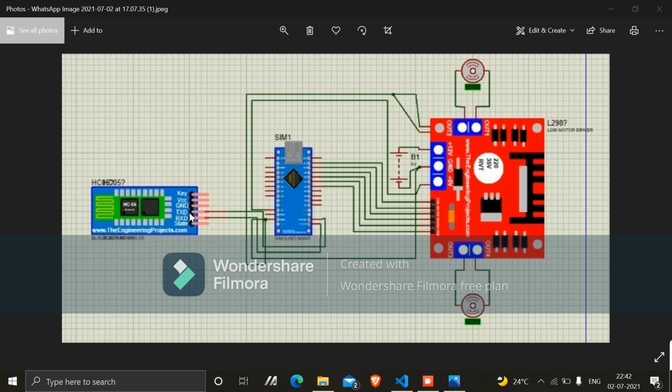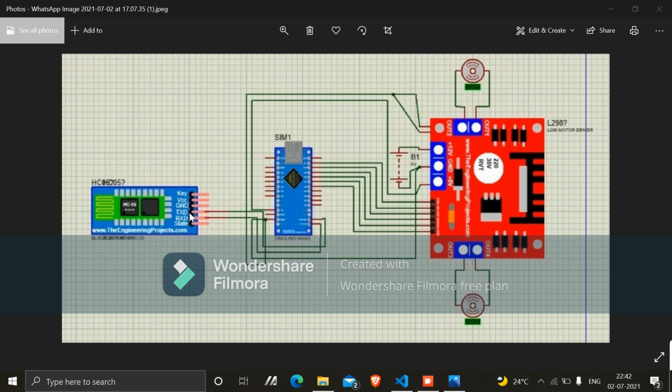The basic logic here is that the signal transmitted by the HC05 module is received by the Arduino Nano, and the signal received by the Nano is passed to the motor driver, which controls the DC motors accordingly. So this helps in proper functioning. And similarly, the receiving terminal of the Bluetooth module is connected to the transmitting terminal of the Arduino Nano.